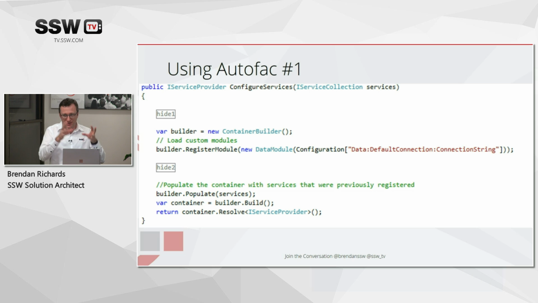And you can always just tell it, now use exactly this constructor with these particular things. So they use Autofac with the IServiceProvider. Autofac have been pretty up to date on getting this out. They've added some new functions here to actually take the services object, create an Autofac builder, and then actually populate that builder with services from the previously configured service provider. And then at the end of the configure services function, where you return the service provider, you're actually returning a service provider object from Autofac. So from that point on, it's Autofac that's serving the actual requests, not the inbuilt dependency injection system.